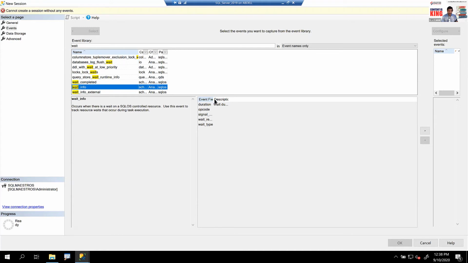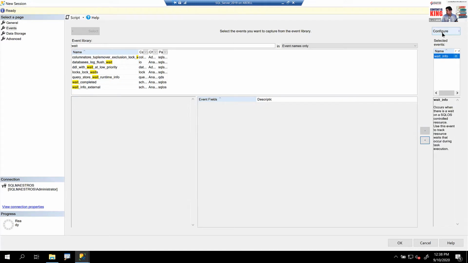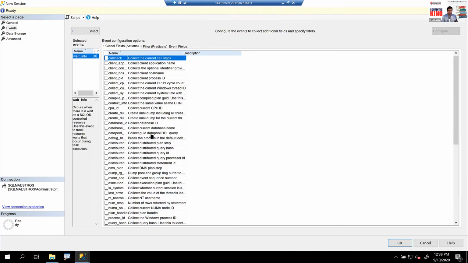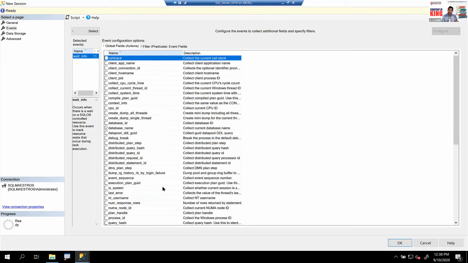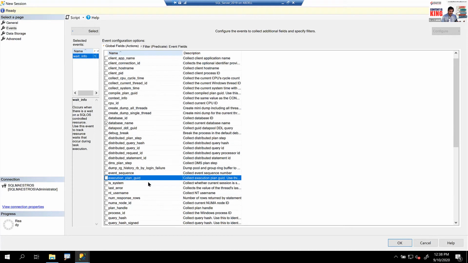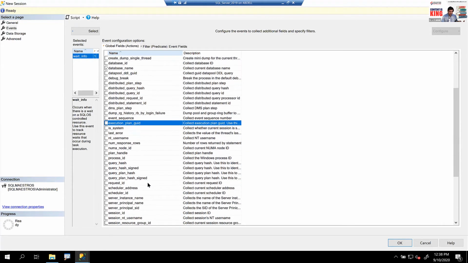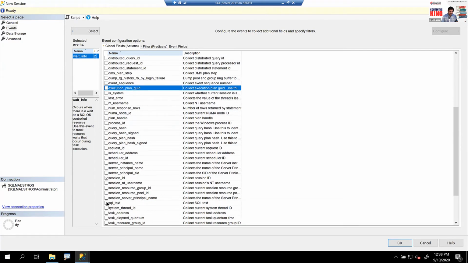And what are we getting? What are the fields in wait info here? I hope this GUI improves a bit. So you have duration, operation code, wait resource, wait type, a couple of these things. Okay, so let's go and take wait info and then click on configure again. This is something that we just did in the previous example also. And what I want to take, I again want to take database name. I just want to know in which database this issue happened when the query is running. And of course, I want to take SQL text as well for the purpose of the demo. I can take session ID also. And I can take SQL text. Let's keep scrolling down and we'll take SQL text.